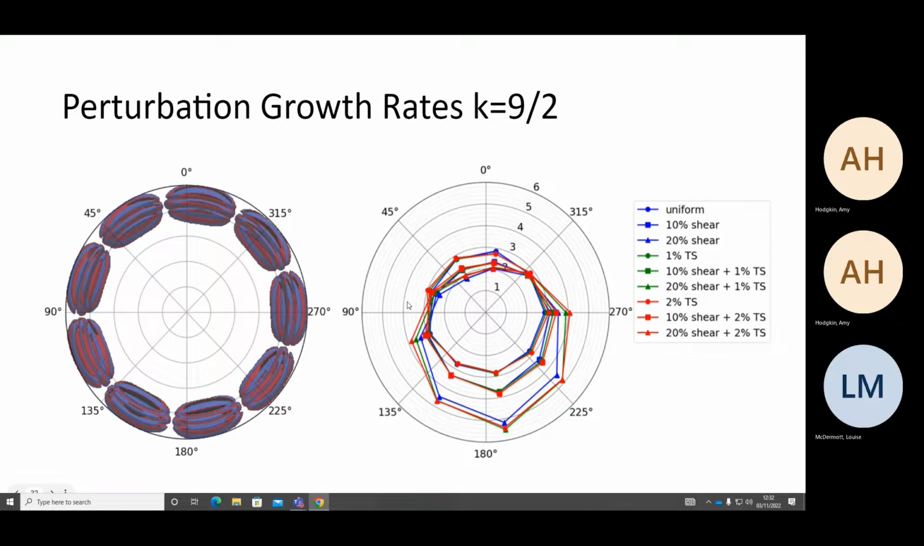So on the left, you have the POD mode with the 9 lobes. And then on the right, you can see how each lobe is growing for each inflow. So when we have shear, this is the 20% shear case, we have much larger growth rate along the bottom than without shear. A small decrease in the growth rate along the top, and we would expect that based on the shape of the wake. And we find that with thermal stratification here, we have a slight increase in the growth rate at the sides,